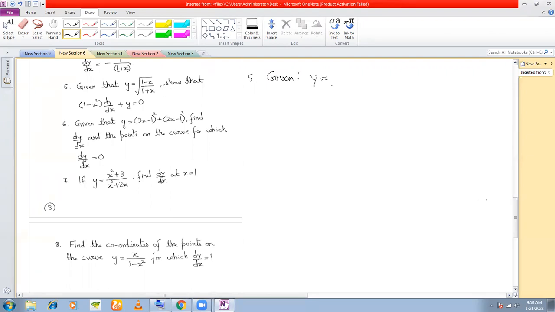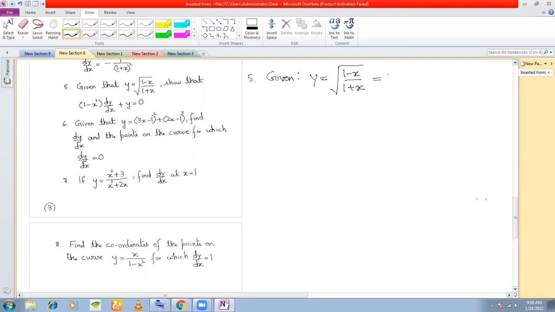Given y is equal to square root of (1 minus x) by (1 plus x). You have to show that (1 minus x squared) dy/dx plus y is equal to 0. Okay, that is what you have to show here. Now we'll start with